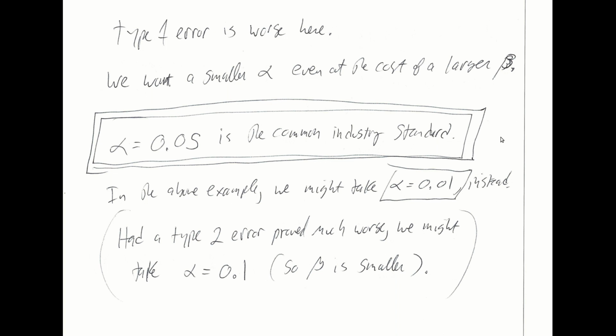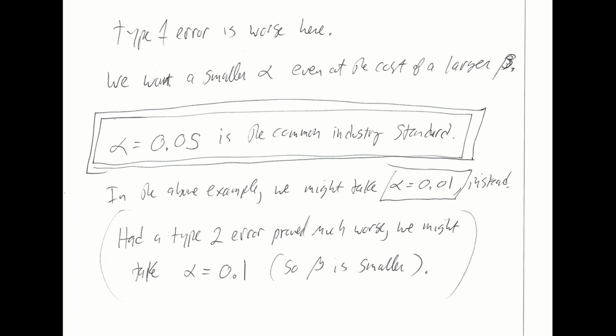Alright, so that's the idea here. You've got to think about what a type 1 error really means, what a type 2 error really means, and which is worse. Do I want a smaller alpha because I think a type 1 error is worse, or would I take a larger value of alpha, resulting in a smaller beta, because I think a type 2